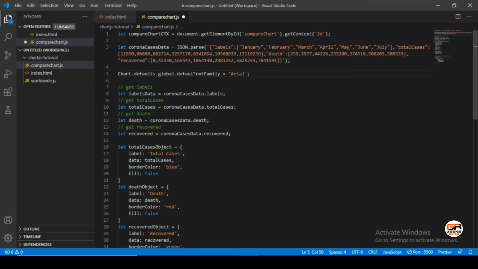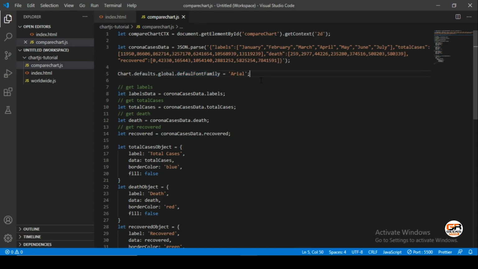Yeah, you can change whatever you want. As you can see here, we write Chart dot defaults dot global dot defaultFontFamily. Mainly the last key is what usually changes.